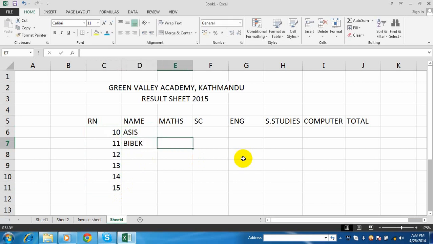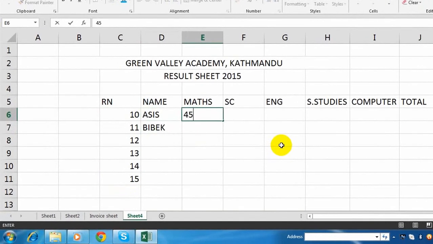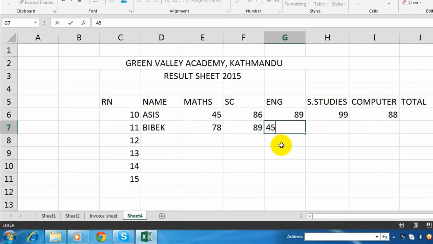Bibe. Let's say values like 45, 86, 89, 99, 88. Similarly for Bibe like 78, 89, 45, 63 and 41.